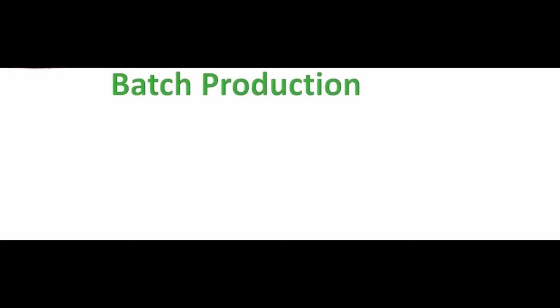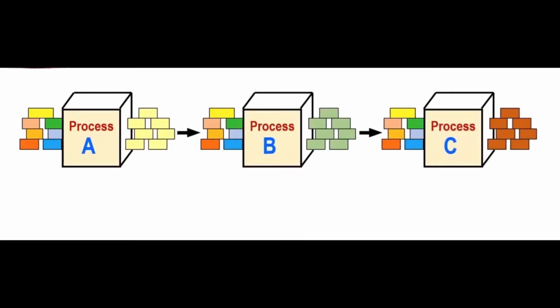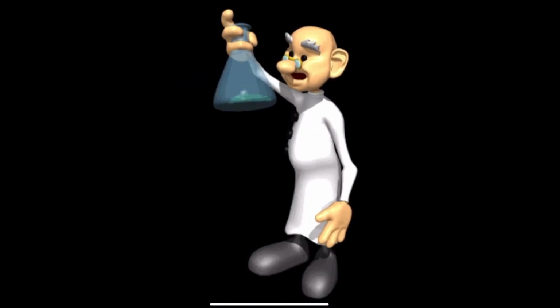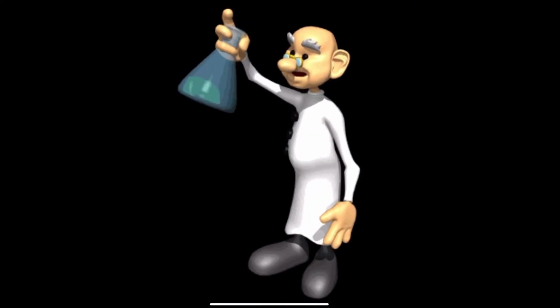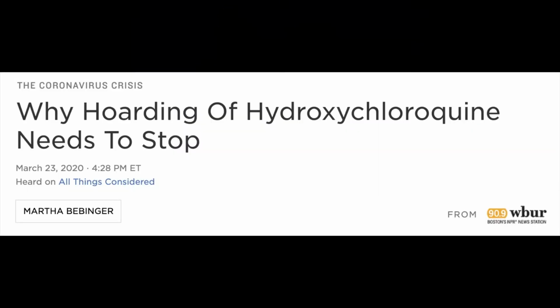So the method to synthesize the key intermediate for creating hydroxychloroquine is called batch synthesis, which is basically like when compound A turns into B and then B turns into C, et cetera, kind of like what we've been used to seeing in lab when we make organic compounds in class. This traditional way has worked for a really long time, like we've been using it since the 1950s to make chloroquine, but the reaction can usually take anywhere between 24 to 48 hours just to make the intermediate for